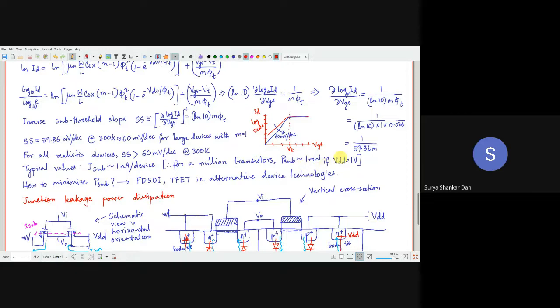Okay. If the VDD is 1 volt, your subthreshold leakage will be 1 milliwatt. Are you with me, everyone? The total power wasted for a million transistors, because remember, the subthreshold slope is basically what? It is independent of whether the transistor is switched on or switched off, whether the transistor is having a transition or not. That is a continuous leakage. Correct? So clearly you can understand this is the order at which you are going to lose your power.